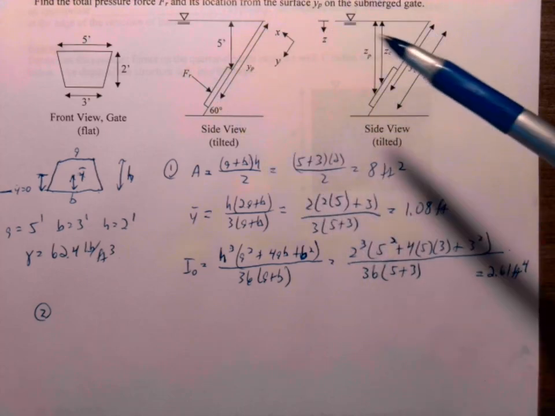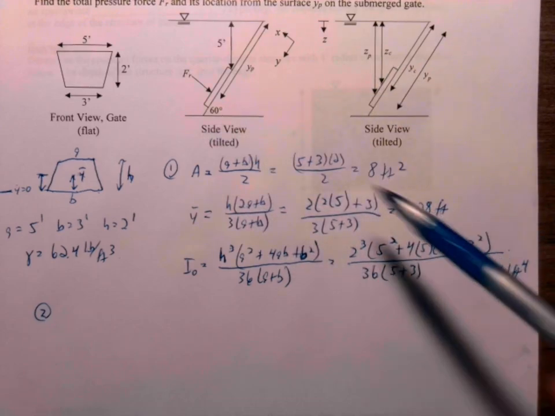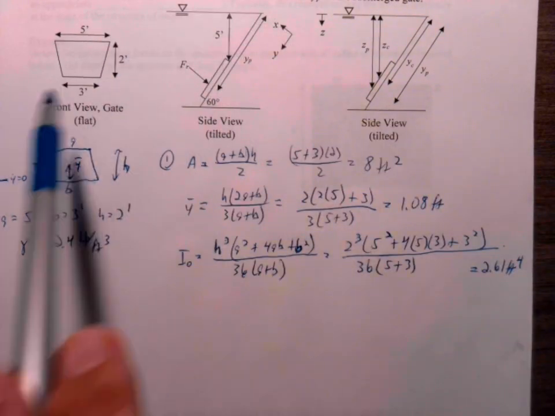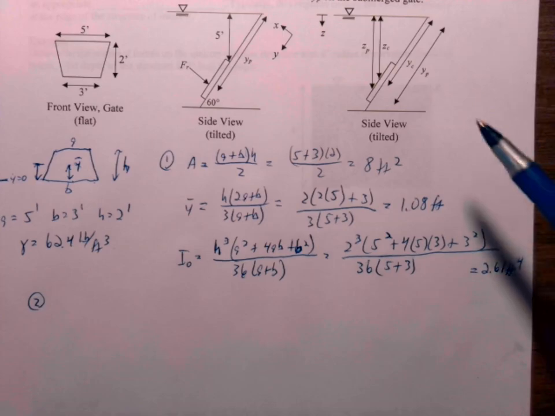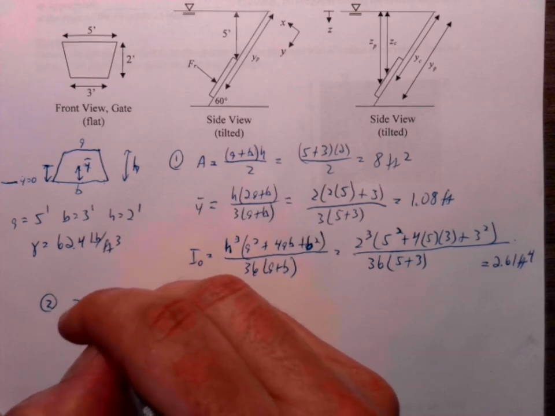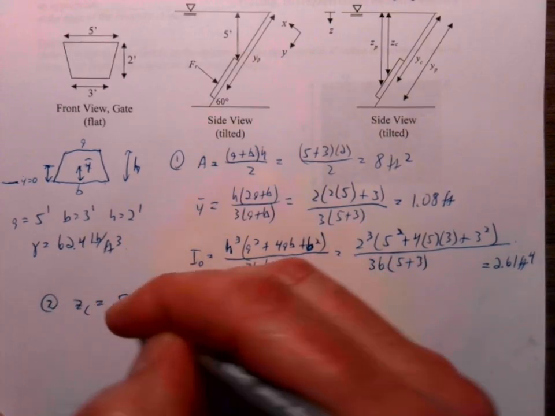Okay, and so we also have that it's 1.08 feet from the base of it up here to the middle if we're looking at it straight on. But if it's tilted, it's going to be something a little bit different. And so we can then determine that the depth of the centroid ZC is going to be 5 plus